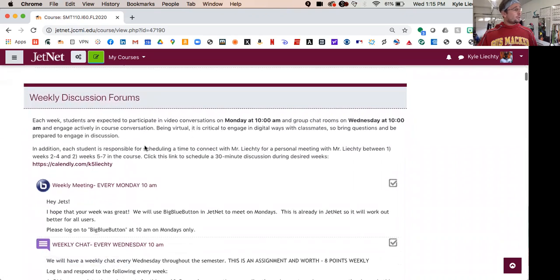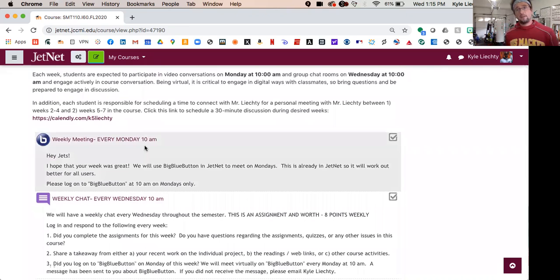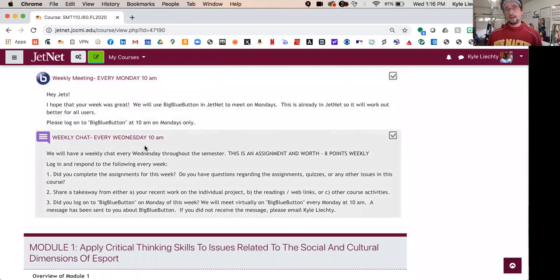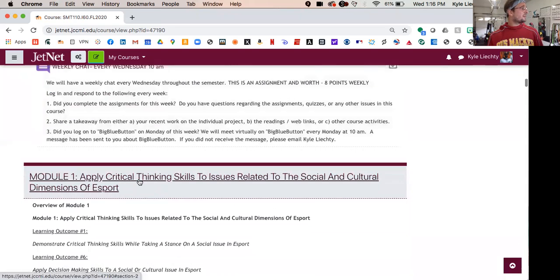Now, normally, we would have a big blue button meeting on the Monday at 10 a.m. to kick it off. This week, I'm going to send out an email about an alternative time for Tuesday evening. So we will have the option to connect in person, which is where I'll share the presentation and walk through that to kick off the course. We will have our weekly group chat at 10 a.m. So just enter the field right here, engage in the chat, ask questions, let me know where you're at, what concerns you have going in,